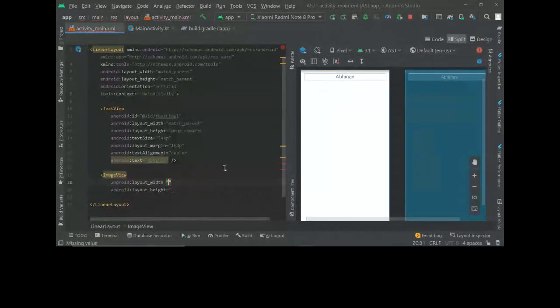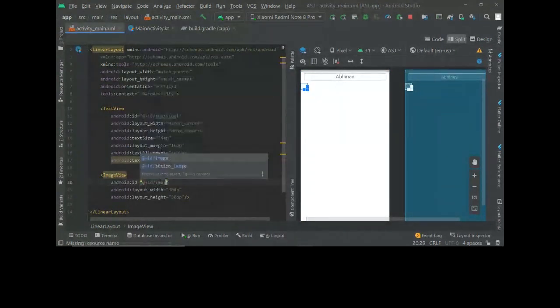For the image, we could give wrap content, which means it will be the size of the image we have, but we'll define a size for the image ourselves, something like 24 dp. That'll be too small, so 30 dp. And we'll put the height as well, 30 dp. This is the opening tag, and this is the closing tag.